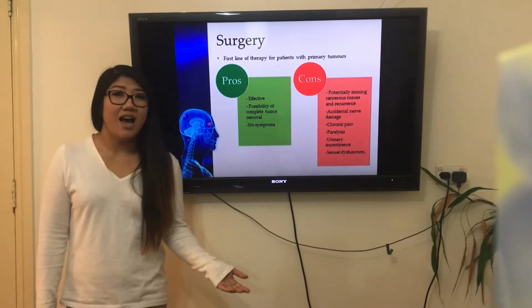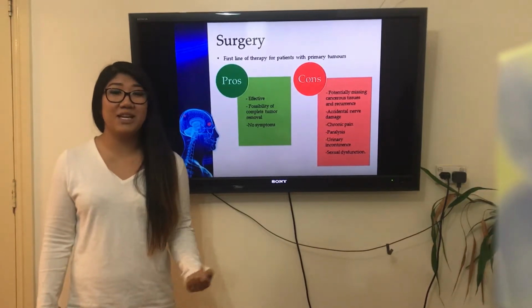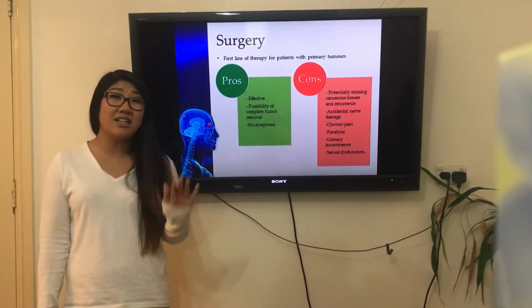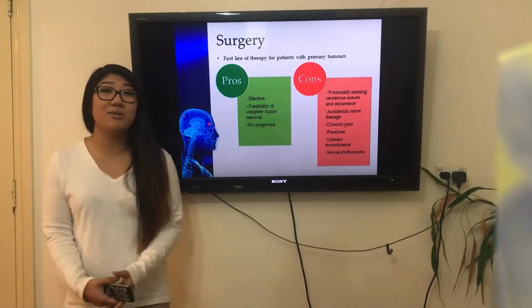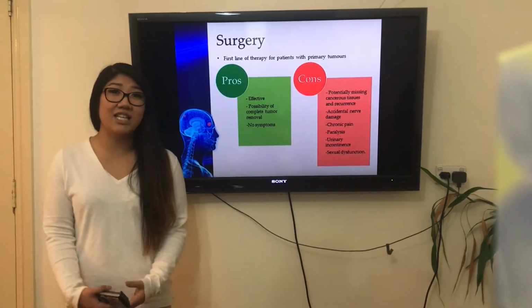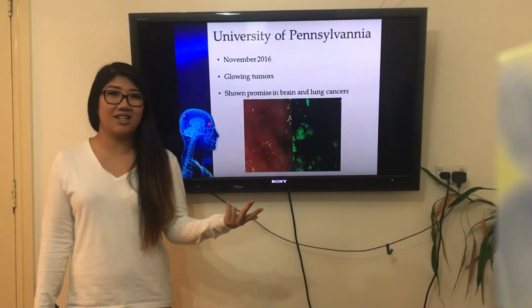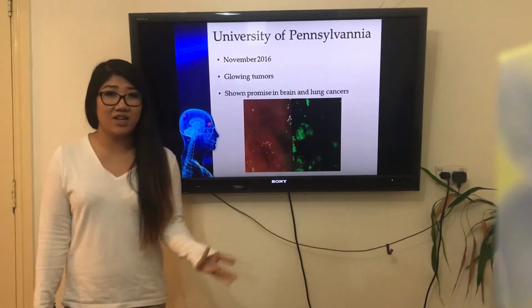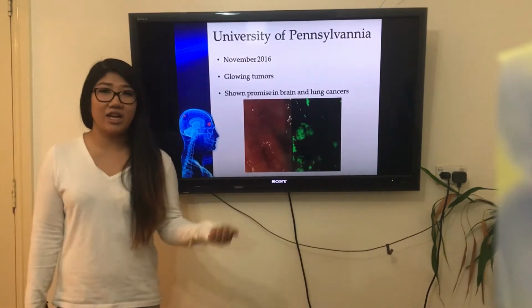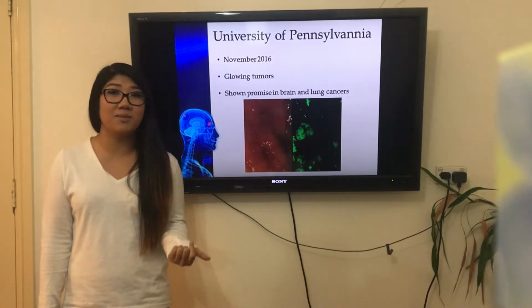recurrence. Undergoing surgery also has a risk of nerve damage due to nerve tissues being extremely small and very often tucked away under the soft tissue or encased within bones or even the cancer itself. Nerve damage could potentially lead to chronic pain, paralysis, urinary incontinence, or sexual dysfunction. Fortunately though, in November 2016, the University of Pennsylvania found a way to help surgeons cut